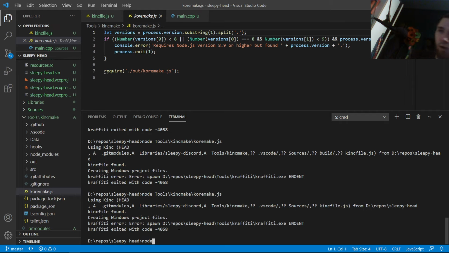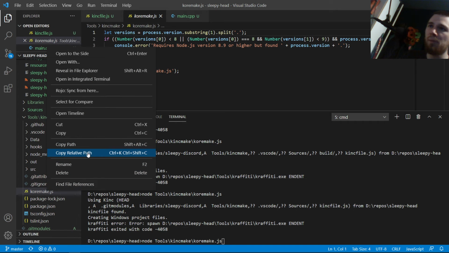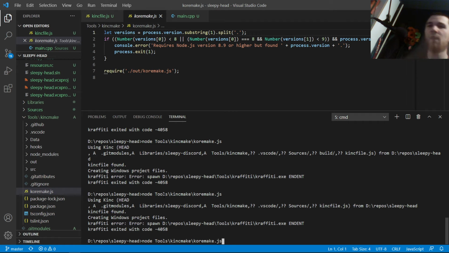So do like node and copy that, paste that there. So you control copy relative path and then you have it there. If you have special characters, maybe that's going to change how it works, but so did it change or